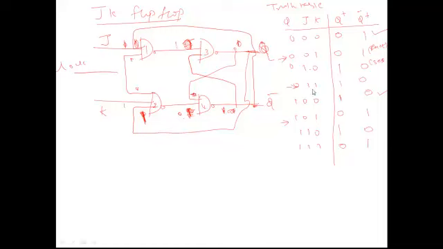Whenever both the inputs are 1 and 1, in SR flip-flop we are having indeterminate state, but in JK flip-flop we are having a toggling. Toggling. Okay, so this state is a toggle state. So in toggle state, in the sense what you are having is, if the present state is 0, you can see the complement of the present state is the next state. If the present state is 1, you see the complement of the present state is the next state. This is what we call as a toggle state.